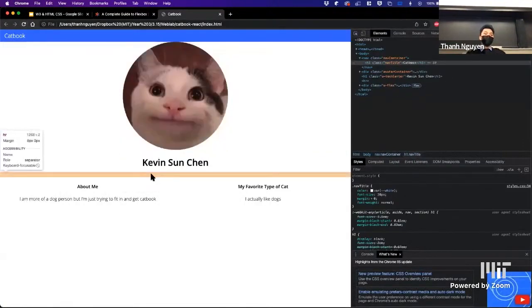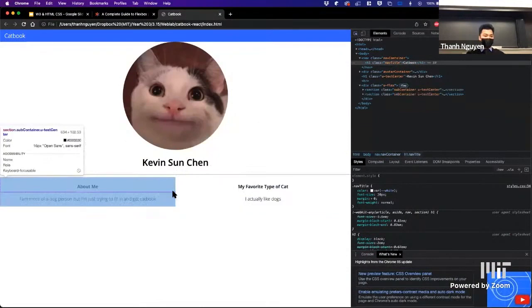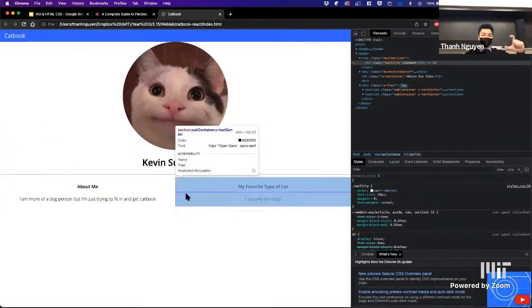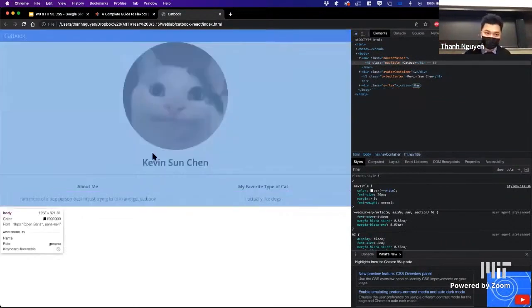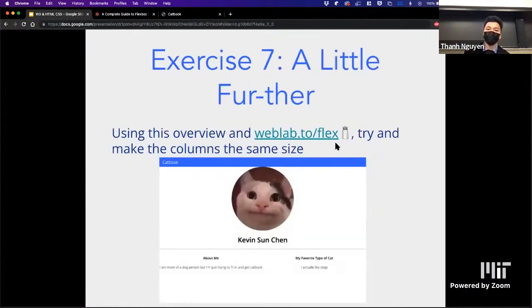If you refresh here, you get these 2 columns. And if you hover over these elements, you can see these arrows indicating that, okay, this flex element takes up 1 unit of space, and this flex element also takes up 1 unit of space, right? You guys will have more opportunities to practice these Flexbox concepts. They can be confusing at first,